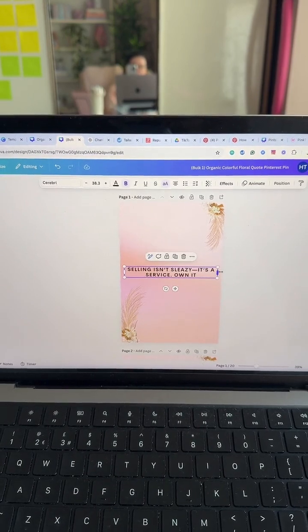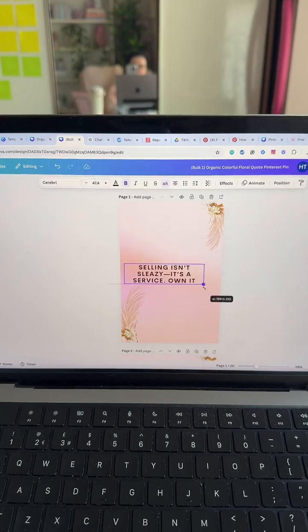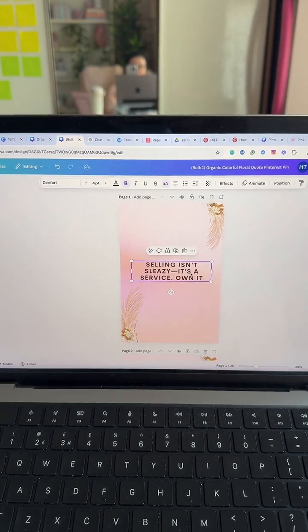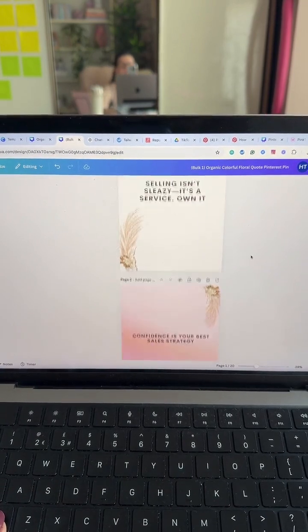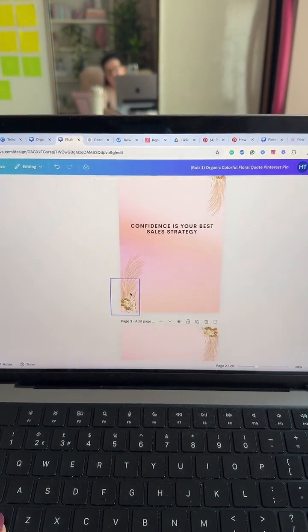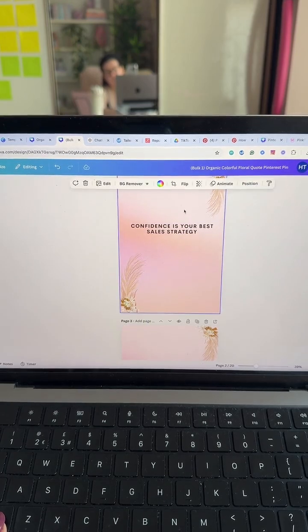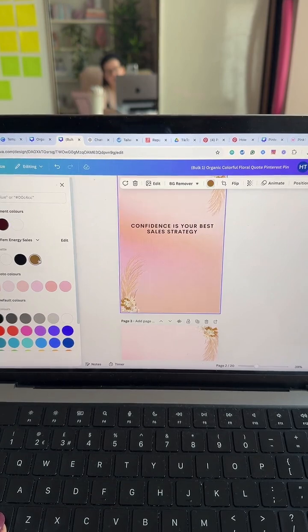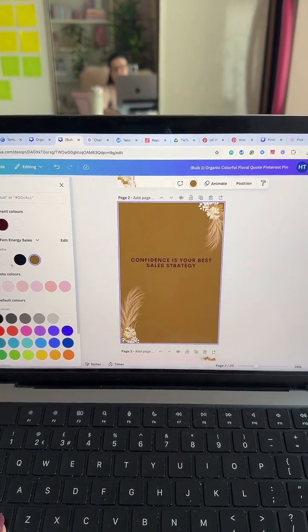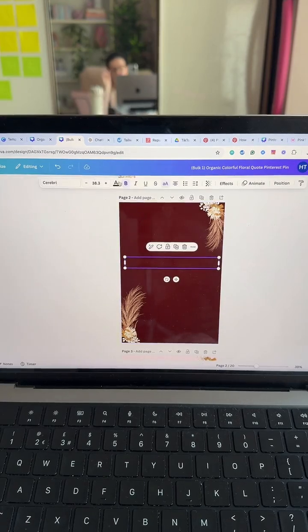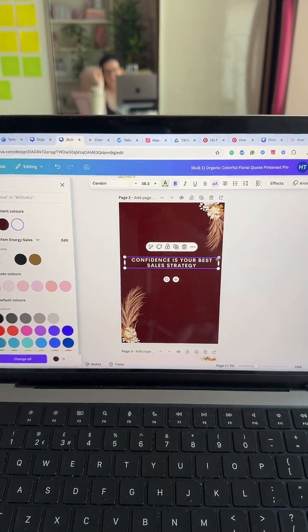So I'm going to make that a little bit more in the middle. Make it bigger. And maybe we leave that with a white background, for example. Then for this one, maybe I'm going to do a different background color. My client's brand is very red and dark and sexy. So maybe I'm going to do this bigger.